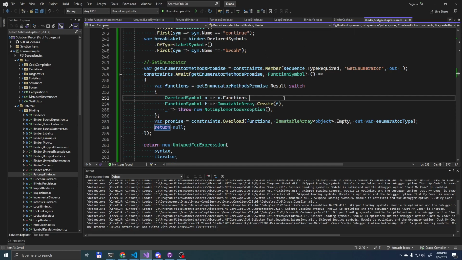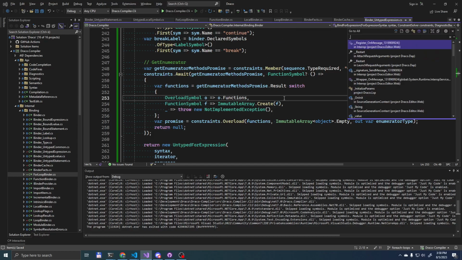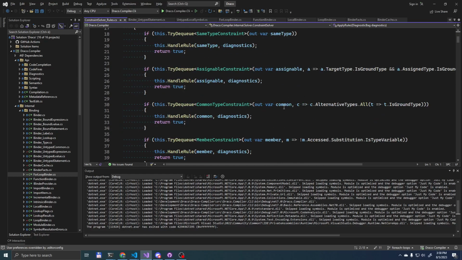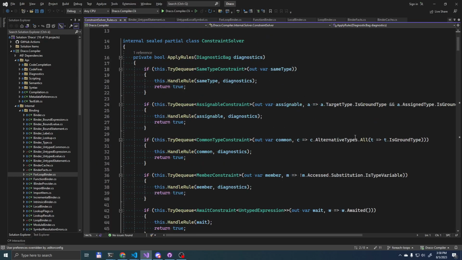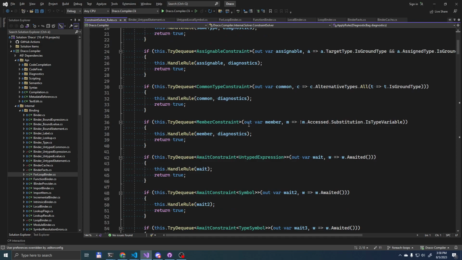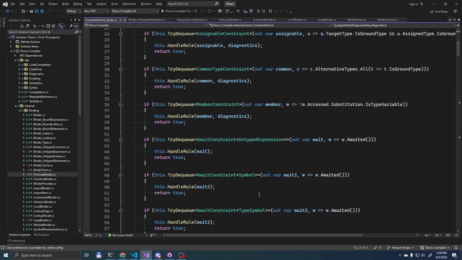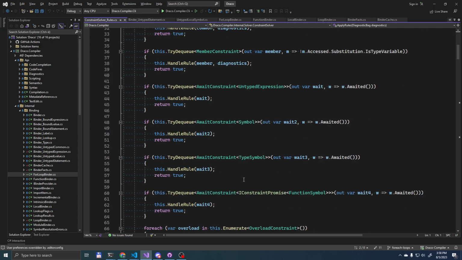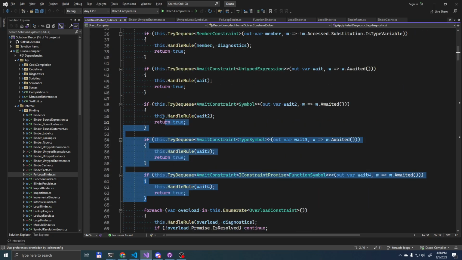So let me show what I mean by that. We have this gigantic function that we're soon eliminating with something smarter, and it's just trying to look up constraints that it can solve. And because await constraints are generic, I can just query for them in a nice way. So I just did the ooga booga thing and copy pasted